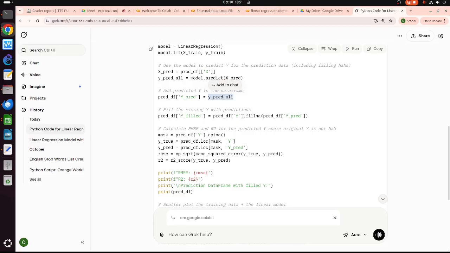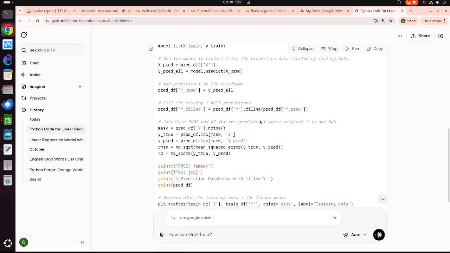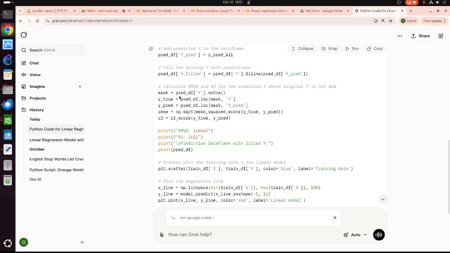Oh, this one is to fill not a number in the prediction y, and then this one to calculate the root mean square error. So basically, we have the mean square error and calculate the square root of the mean square error.